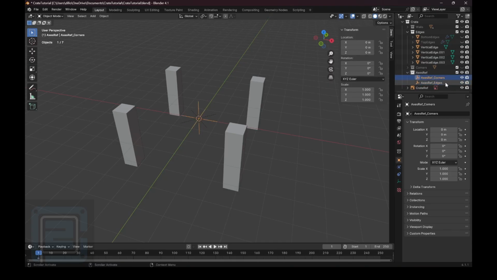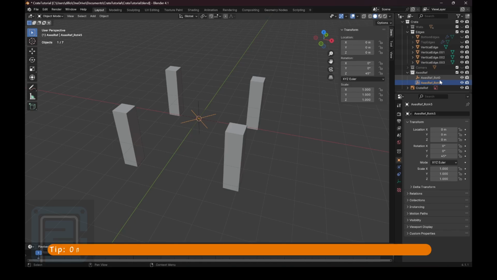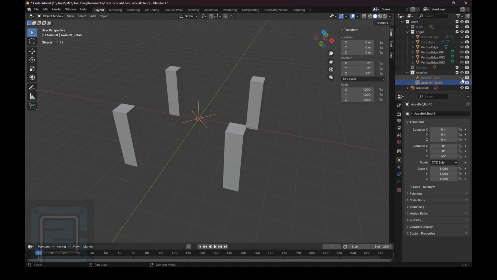So what this means is that for my corners, instead of underscore corners, I'm just going to change it to rot 0. So it means rotation 0. In other words, no rotation has been applied to it. And my edges, I'm going to change this to underscore rot 45 to indicate that I had a 45-degree rotation. And in this case, we're just talking about the z-axis. So if you wanted to specify and put a z somewhere in the name, that's completely up to you. But I know what I mean when I put rot 0 and rot 45. Anyways, with that in mind, let's